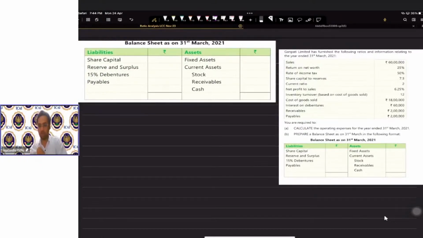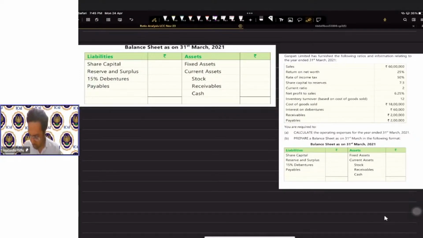Okay, so whatever information we have, let's just try to punch in the balance sheet, and whatever ratios we need, we can calculate later. So first up, we have the value of receivables and the value of payables. Let us enter the values. The receivables are 2 lakh. Payables are also 2 lakh. Then we have the interest on debentures, cost of goods sold, sales is given,